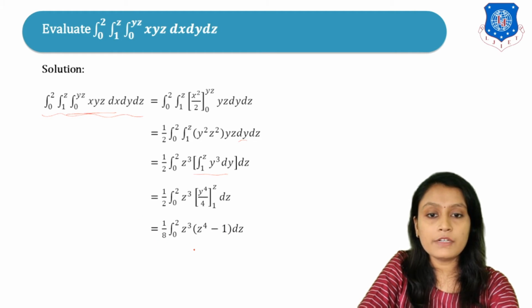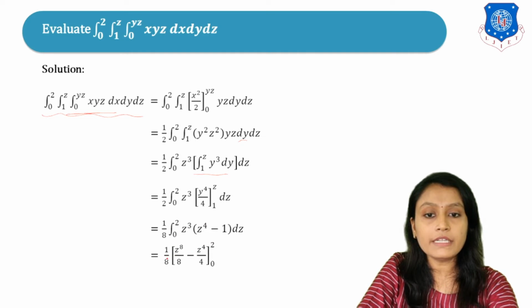Okay, now next we have to integrate it. Firstly just simplify this, so here you will get z raised to 7, minus z cube. So the integration of z raised to 7 is what? z raised to 8 upon 8, minus integration of z cube is z raised to 4 upon 4, and the limits are 0 to 2, right? Now we have to substitute the limit. So what you will get? Here you will get 32 minus here you will get 4. Okay, and when you will substitute the lower limit 0, so this term will go to 0. Simplify this, so you will get answer as 7 by 2.